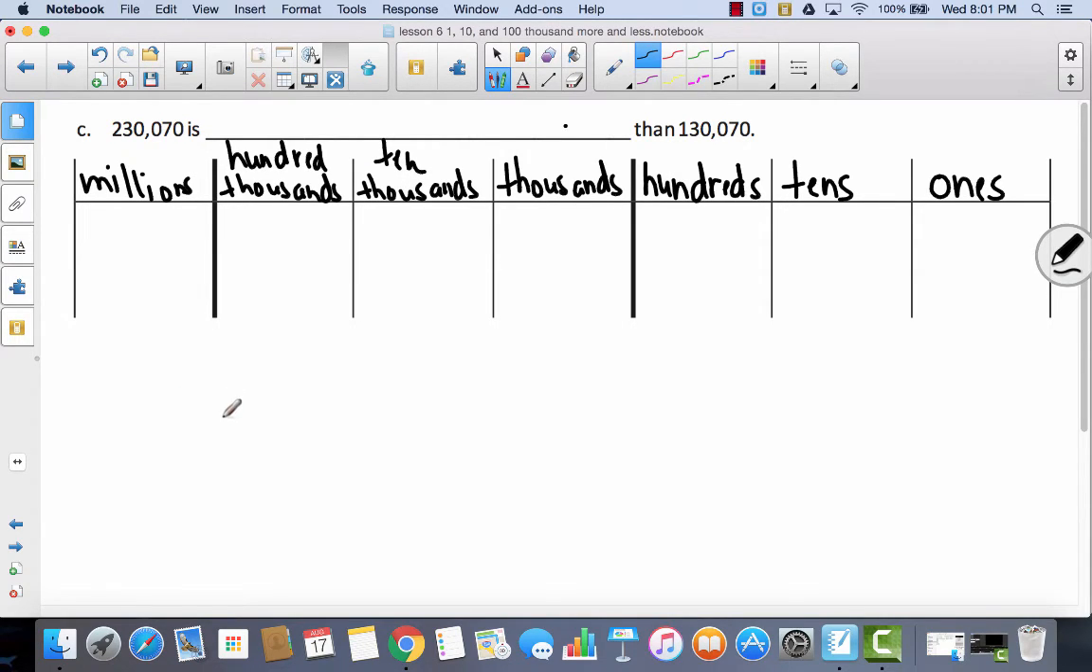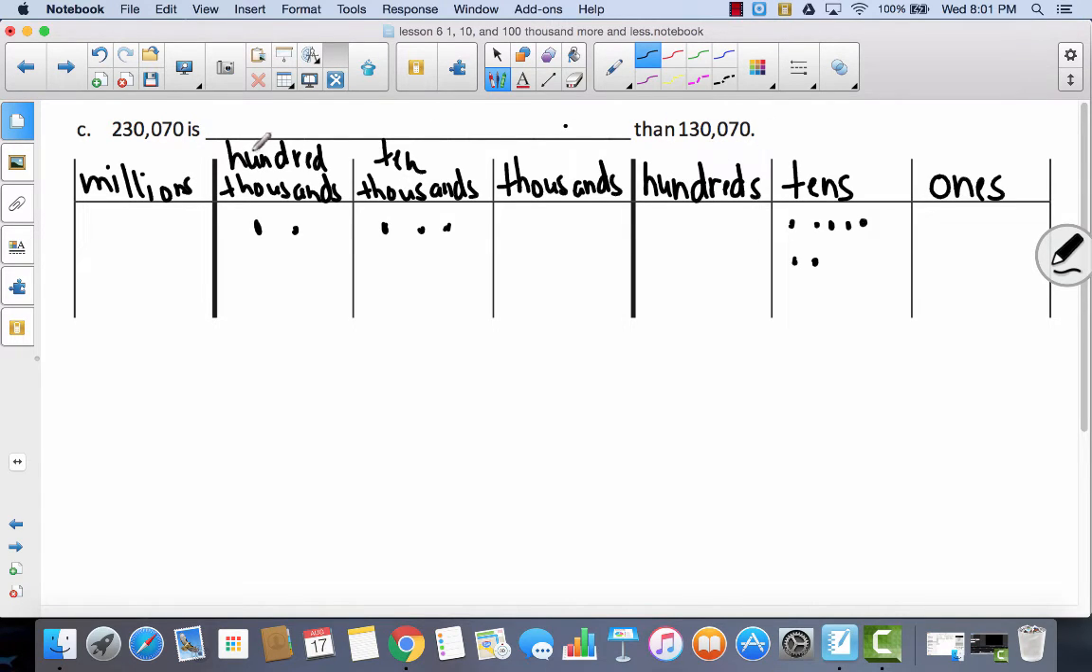Okay, so let's go ahead and see what's going on here. 230,070 is blank than 130,070. So we could do this one of two ways. We could start with 130,070 and change it to 230,070, or we could start with 230,000 and change it. So let's go ahead and start with this one since it's at the beginning. So we've got 200,000s, 3 10,000s, no thousands, no hundreds, 7 tens, and no ones. So we're going from 230,070 to